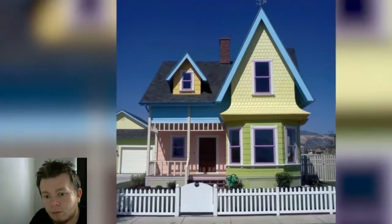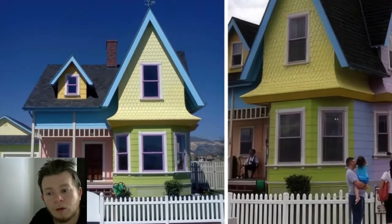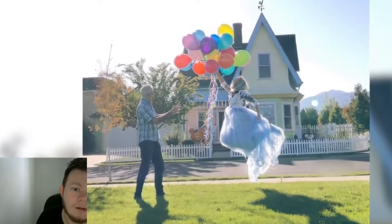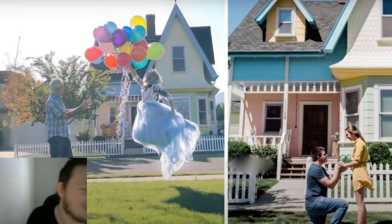Lynette has described the home as her dream house, and incredibly, she's managed to turn the property into a money-making opportunity by giving Disney fans paid tours of her home. Over the last 11 years, the Hamlins have hosted a countless number of photo shoots and wedding proposals on their property, safe from...